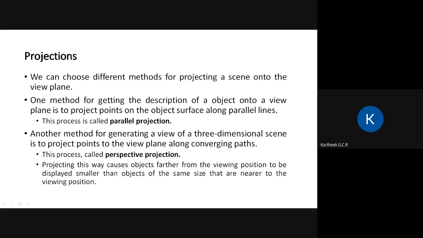Basically, assume the projector lines to be the reflection of the light onto the projection plane from the object, right? If these projectors are parallel to each other, then the object size doesn't change, right? So you can project whatever these parallel lines form the image. Whatever image is formed on the projection plane can be viewed on the viewing plane. So view plane or the projection plane, both are the same thing.